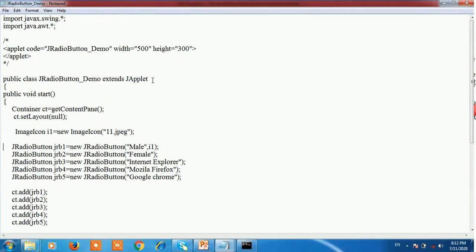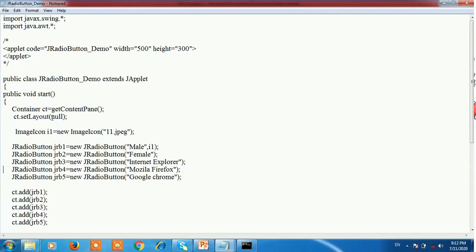In the start method, create an object of the Container, c is equal to getContentPane. Here setLayout is equal to null. The setLayout method is used to set the layout of the graphical user interface or the applet window. We can set any layout, flow layout, border layout, grid layout, whatever we want, and that layout is suitable for the particular Swing component.